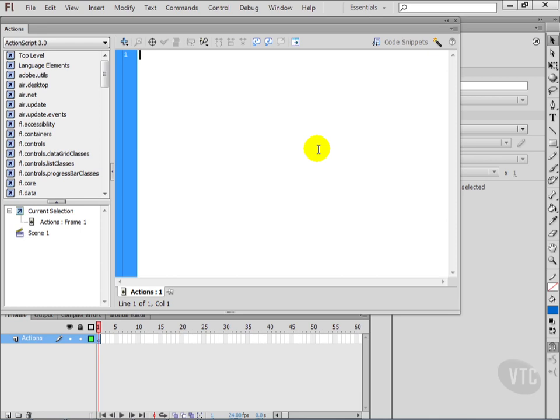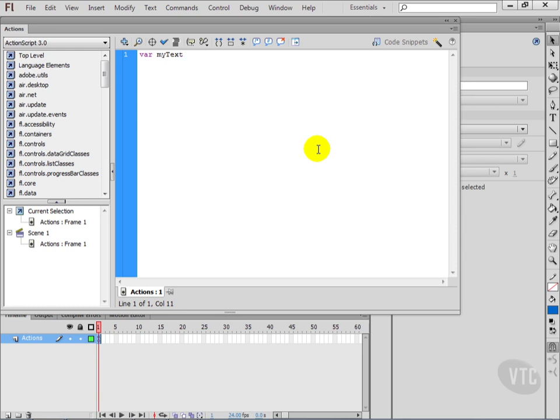So in order to type a variable, we'll need to type out var. And then from there, we want to name the variable. And this can be any name you wish. It's best to have, I would say, not complicated, but complete names for your variables and anything that you do in ActionScript, because it will help you in the long run when you're trying to go back and decipher what you wrote. Let's say you wrote something down and then months later you return and you're trying to figure out what "my stuff" is for a variable. It's not very descriptive. In this case, we have only one text field, so naming it myText is appropriate